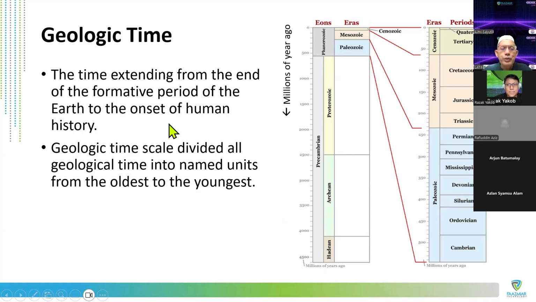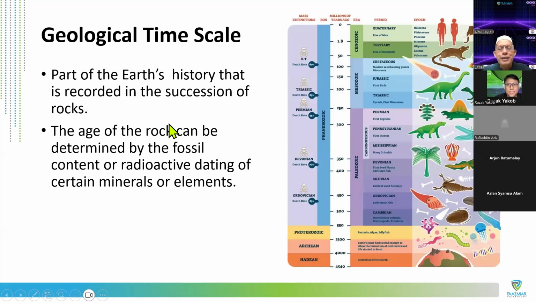Okay. Once we have geological time, we have the time scale itself. This is more on the 500 million years. You can see where the plankton is happening, and then the dinosaur is also coming up in the years of 250 million. This is all the source of organic material that will be buried. So you can see that the first phase of the oil discovery is coming from the source rock coming up from the plankton. And then in the later stage, you're talking about all the plants and the animals that become the source of this hydrocarbon.